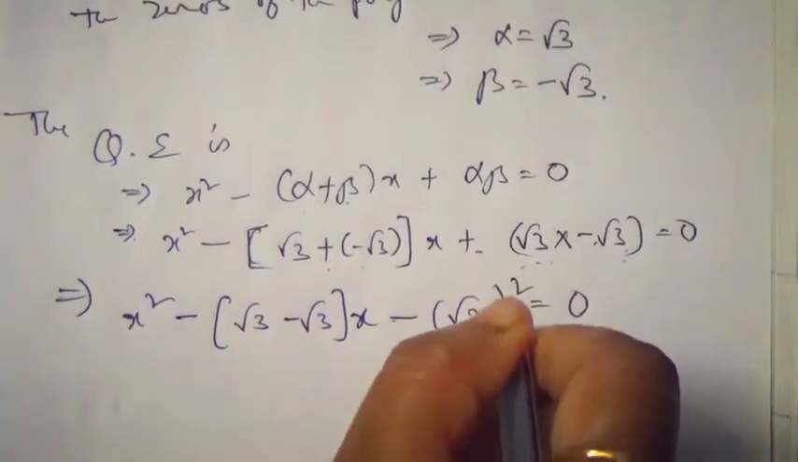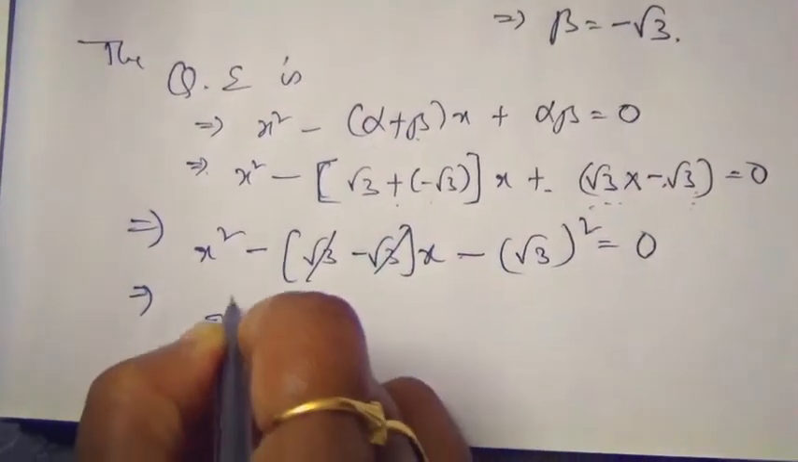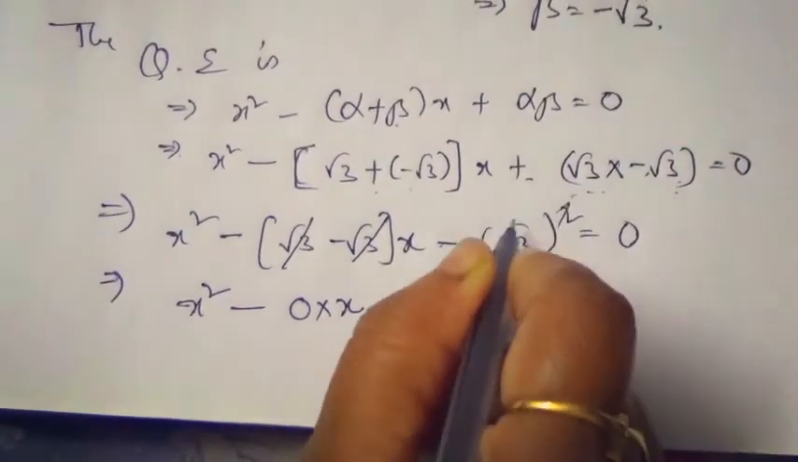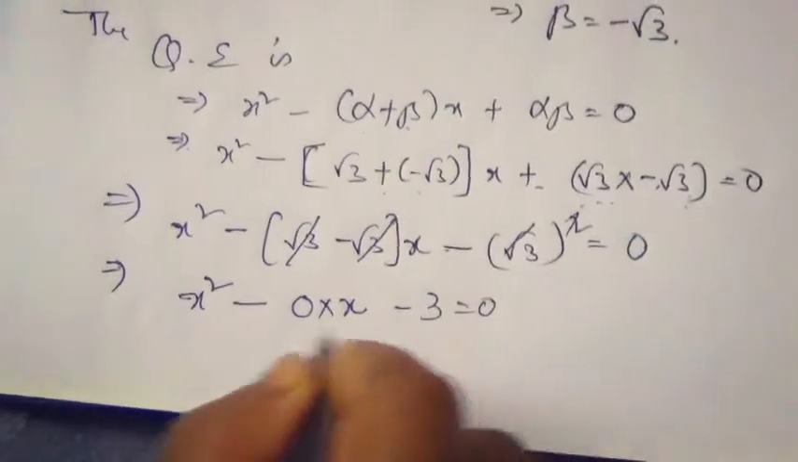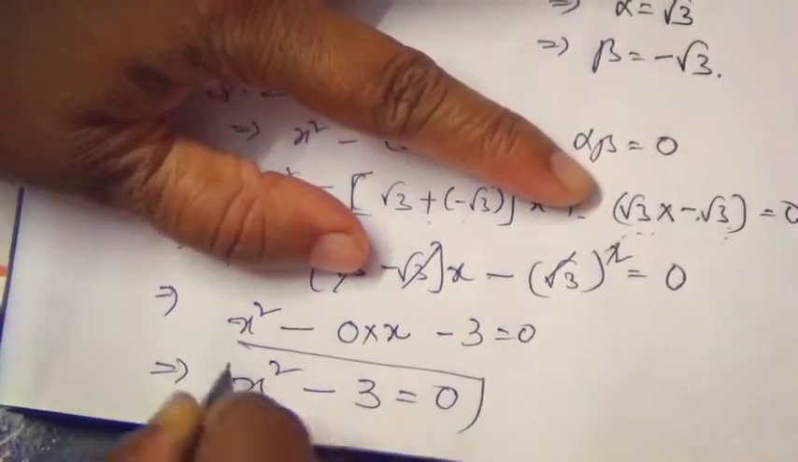2 times we have, root 3 minus root 3 cancel, x square minus 0 into x minus square root 3 times root 3 cancel, that is equal to 0. That is x square minus 3 is equal to 0. It is the quadratic equation of these zeros. And now the third sum,